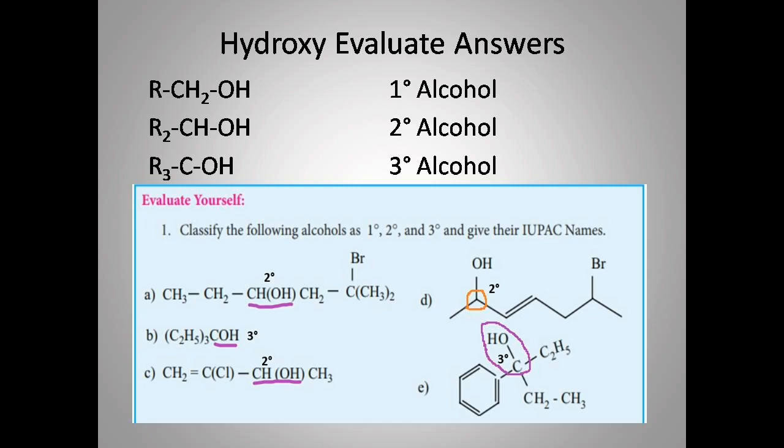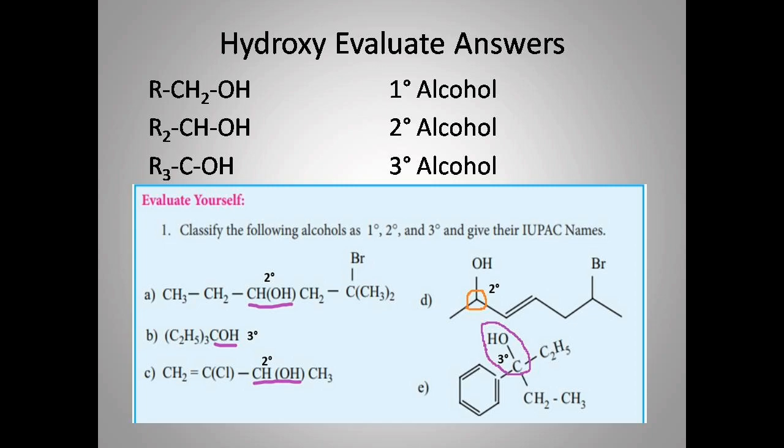Now see the evaluate. First A, it has CHOH and 2 alkyl groups, so it is 2 degree alcohol. B, it has 3 alkyl groups along with the COH, so 3 degree alcohol. And C, in this one it contains CHOH and 2 alkyl groups, so it is 2 degree alcohol. In D, that carbon has CHOH along with 2 alkyl groups, one side one line, another side another line, indicating that it possesses 2 alkyl groups, so it is 2 degree alcohol.